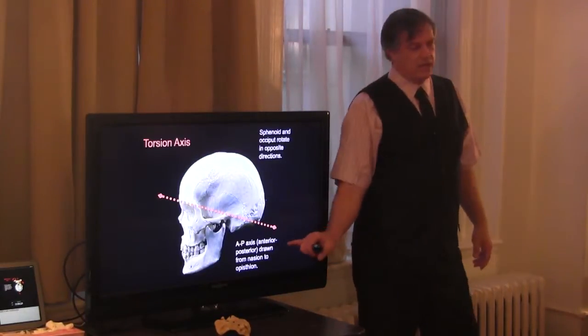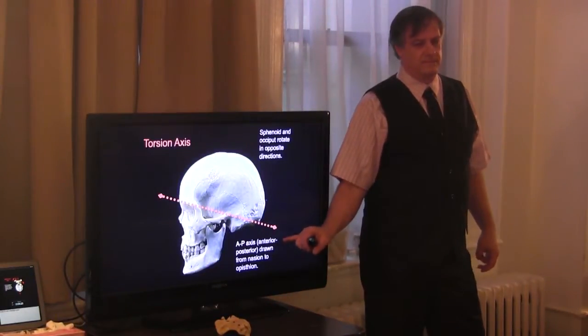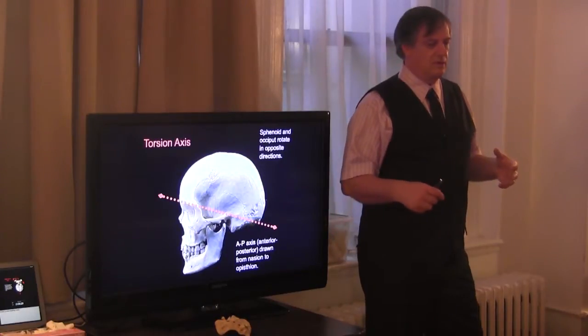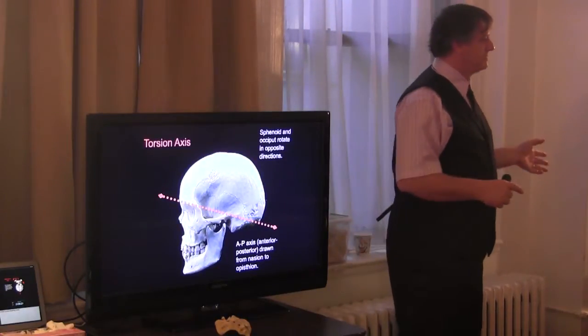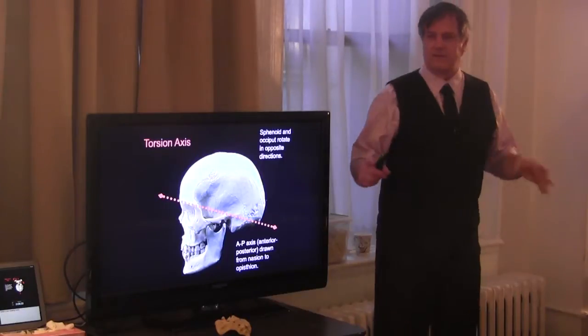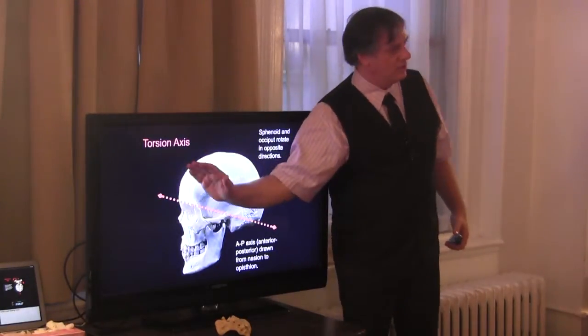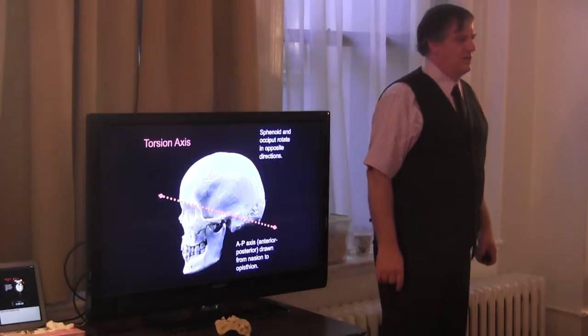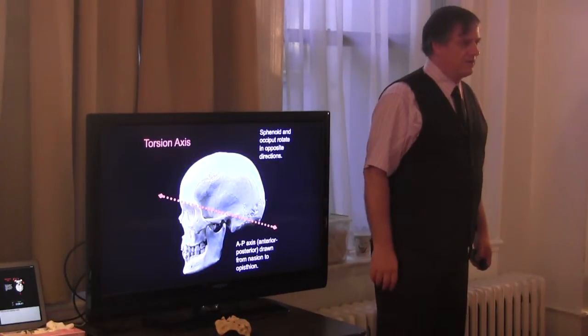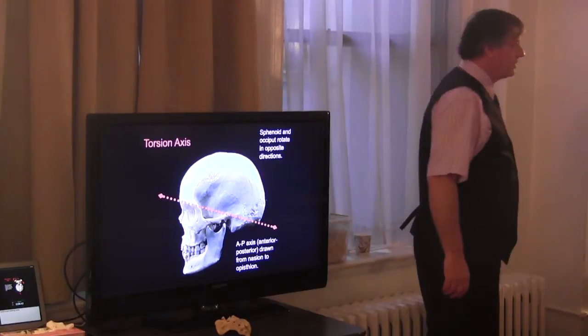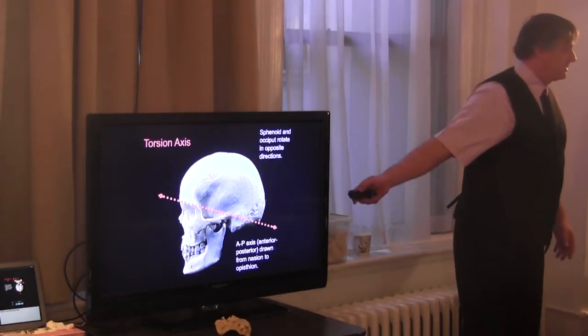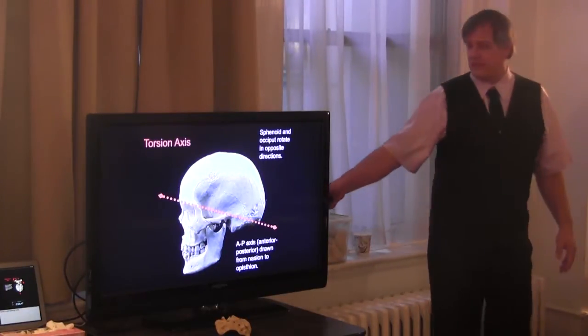Just keep in mind, people are trying to give you a mechanical idea for what we all experience. Whatever different theory you're calling it, we're all experiencing this. So whether this axis would actually be here or a little off, I don't think it matters. I think we still palpate that idea of a torsion at the base of the sphenoid and the base of the occiput. That's what it means. It means where those 2 bones meet,